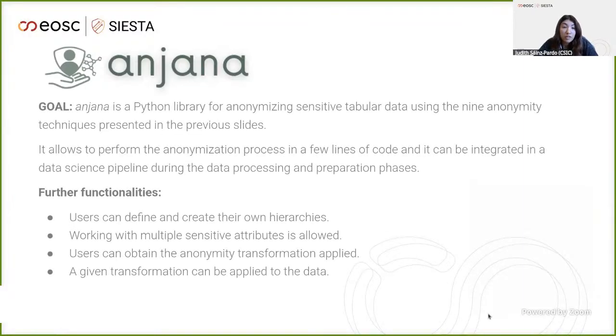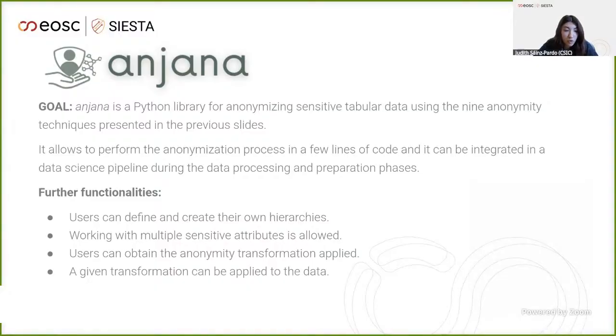So the objective is to anonymize the tabular data using these 9 anonymization techniques, and we have further functionalities. The users can define and create their own hierarchies. We can work with multiple sensitive attributes. We can obtain the transformation applied in order to be able to generalize such transformation to a new data set